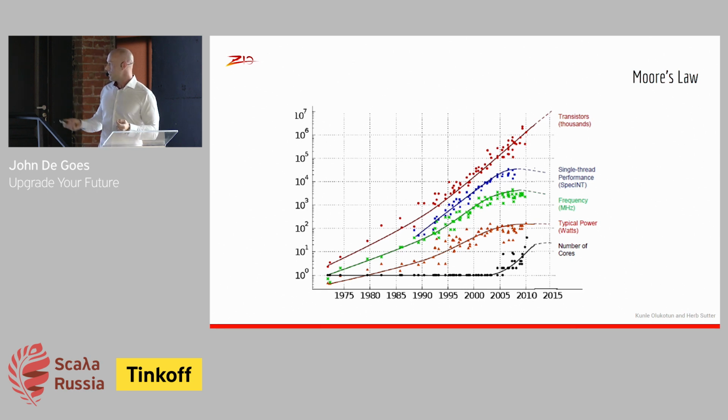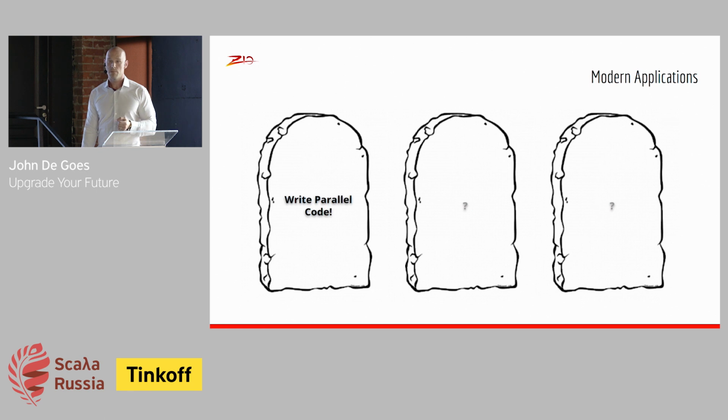That didn't stop them from continuing to add transistors, but instead of making CPUs faster, they started adding more cores. And that's why you can buy a desktop machine today that has 32 cores. And you can buy server machines with even more cores than that. As application developers, one of the things that we try to do is minimize application latency and maximize throughput. And that means that in this day and age, in which CPUs are not getting any faster, we have got to write parallel code.